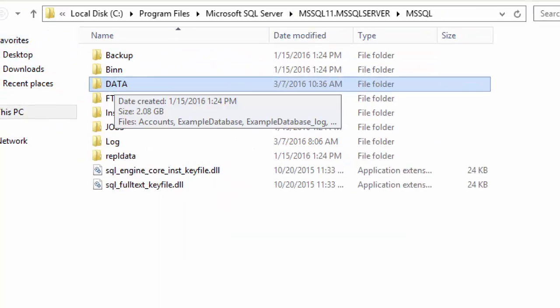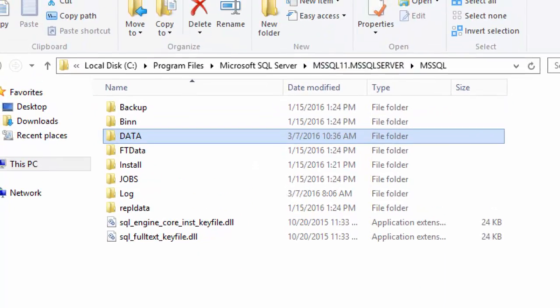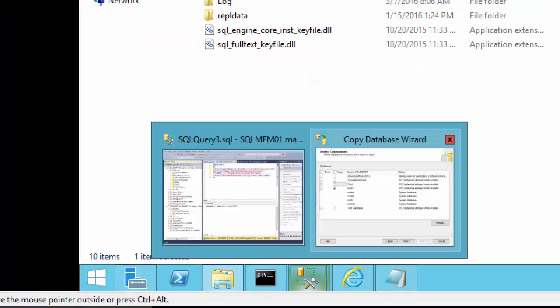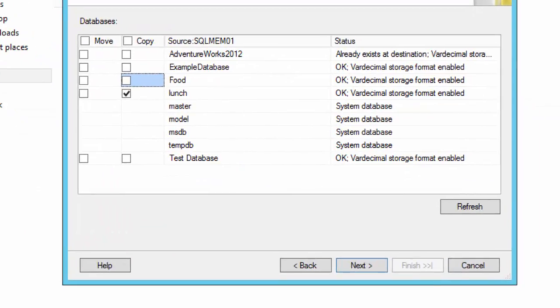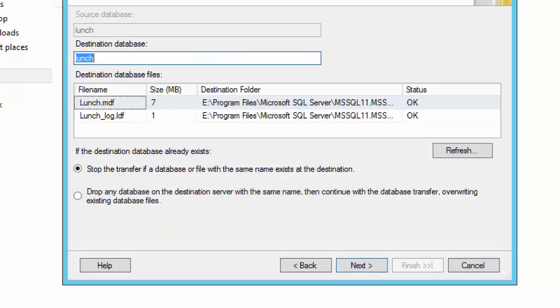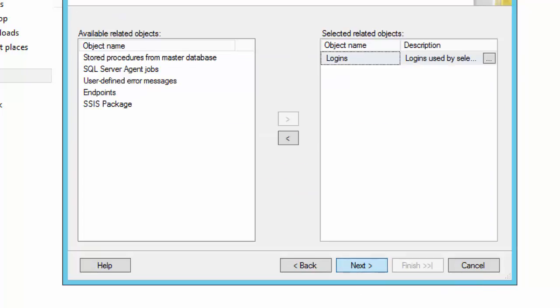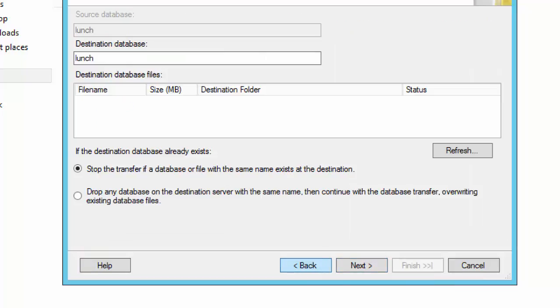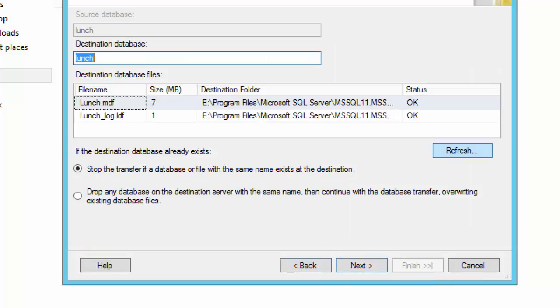So I'm just sharing this folder data where the lunch database is, so it could at least transfer to the second server. So let's see what happens. It's going to detect where the lunch database files are. Okay, good. They're all inside the same path. That's what I wanted. Same path. And I've also turned off the firewalls on both servers. Next. No, next. Seriously, it's not detecting. Refresh. Okay, good.